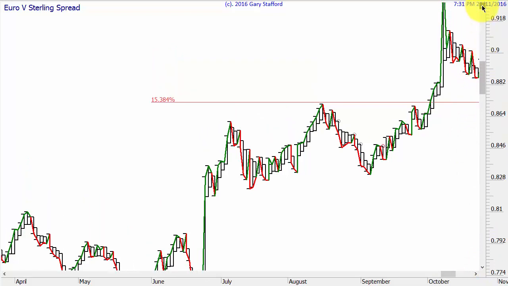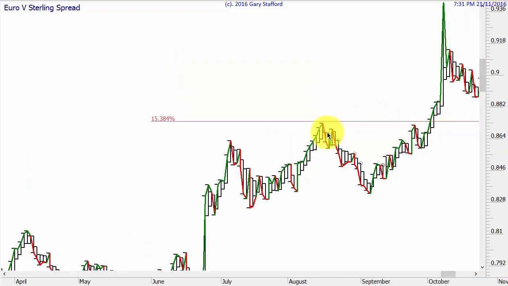So again, I got in about the right time from a level that I calculated a long time before the market ever got there, and I pretty much got out at the right time. It would have been nice if that little outside day there hadn't happened. It would have been 1, 2, 3, 4, 5, 6, 7, 8, 9, 10 days consecutively. Now Gann calls it a 7 to 10 day rule, but I just carry on doing it because if you have more than 10 consecutive days, it's bound to turn. So I would have been stop lossed out there. Yeah, so that little outside day was the difference between getting out here and getting out here.